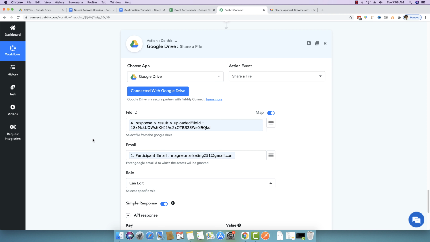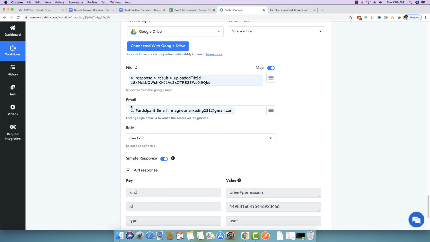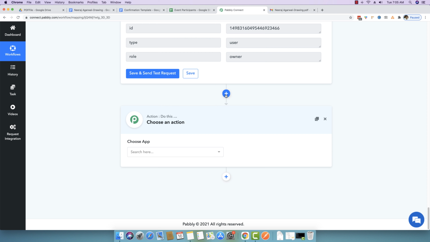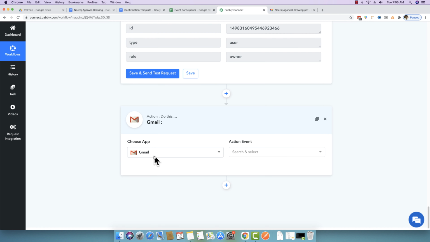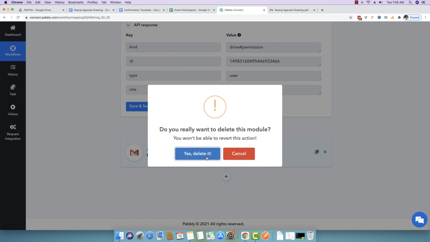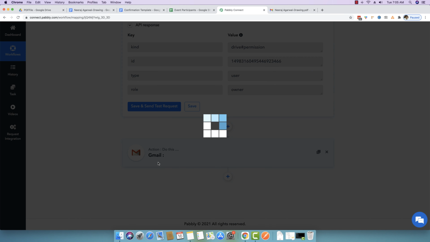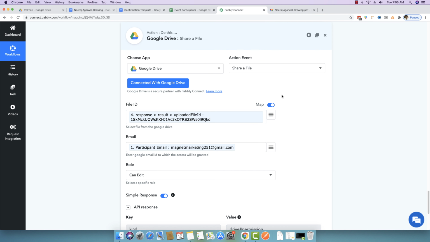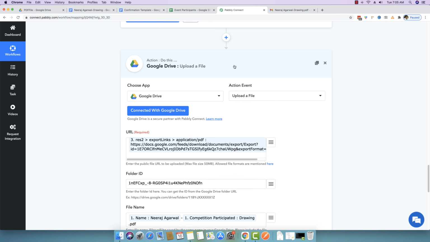You can share the file with anyone with the link, and based on that link, you can send that link on someone's Gmail. We actually have an app for sending email on Gmail as well. So you can just add as many steps as you want. So if you want, you can also send an email to the person with the exact file ID with the help of Gmail, which is the send an email option. Okay. But in this specific case, I'm just deleting the Gmail module because I do not want to show you, otherwise the video will be too long. So what I have done is, let me just close everything because that way it will be easier for you to understand.